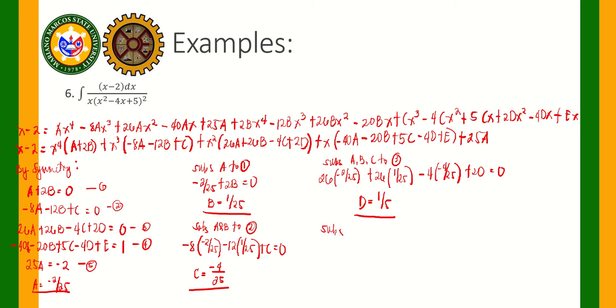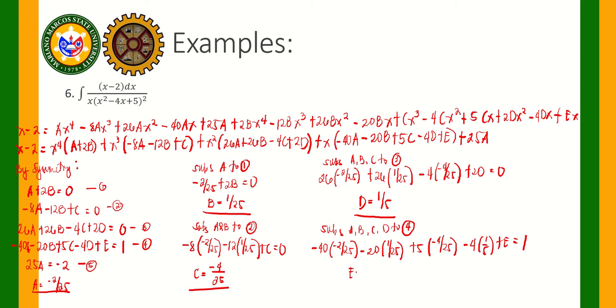finally, we substitute A, B, C, D to equation number 4 to solve for E. So this will be equal to negative 40 times negative 2 over 25 minus 20 times 1 over 25 plus 5 times negative 4 over 25 and then minus 4 times 1 over 5 plus E equal to 1. And solving that, you will have a value of E equal to 1 over 5. So, we now have values for A, B, C, D, and E, and i-plug na lang natin doon sa ating